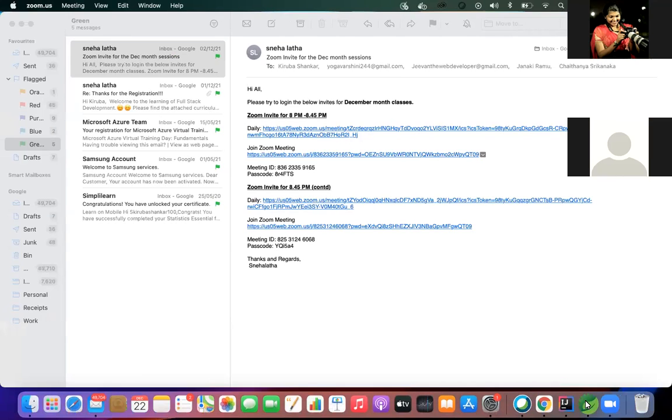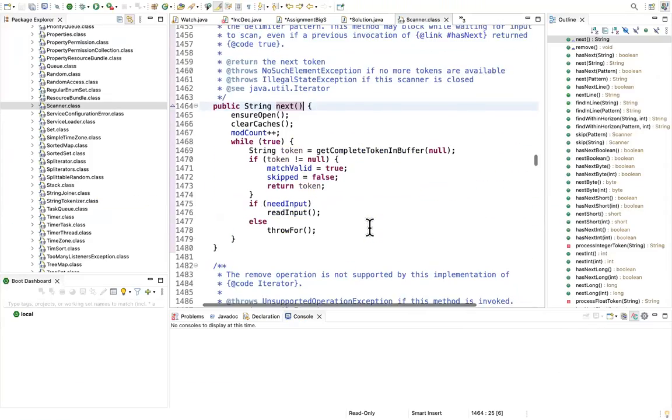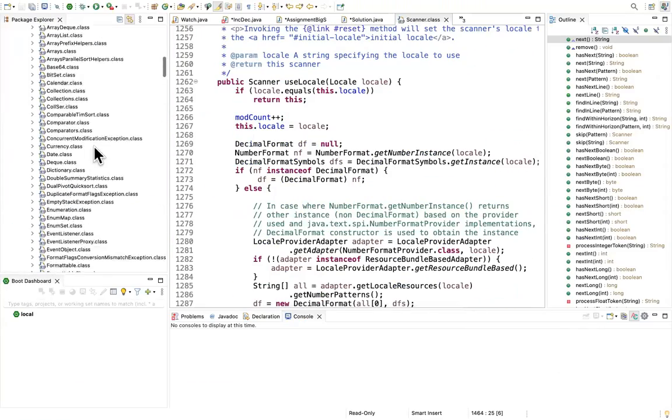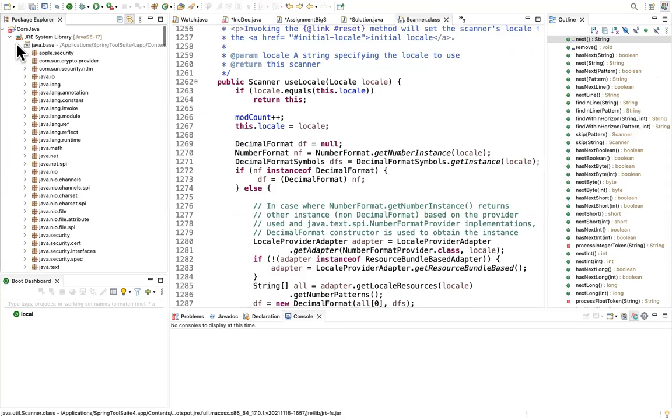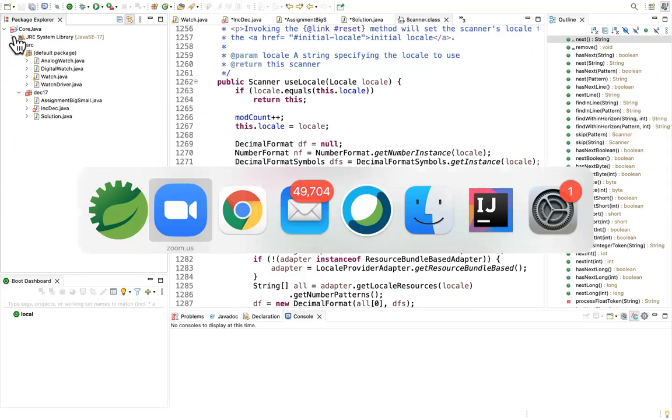It is just additional knowledge, like how we can get the inputs at runtime. Instead of executing through the editor, we'll try through a normal flow, like how we did in the command prompt, and then we can do it in the editor, so that you can get a better idea on that aspect.